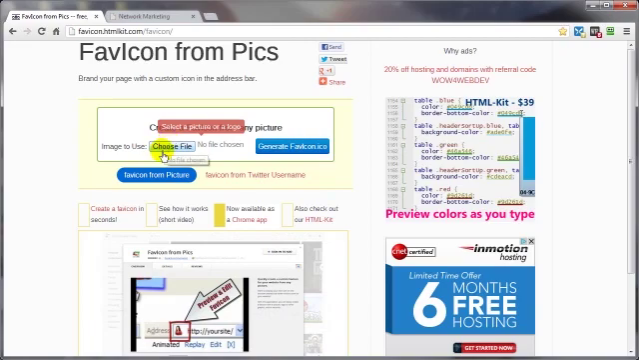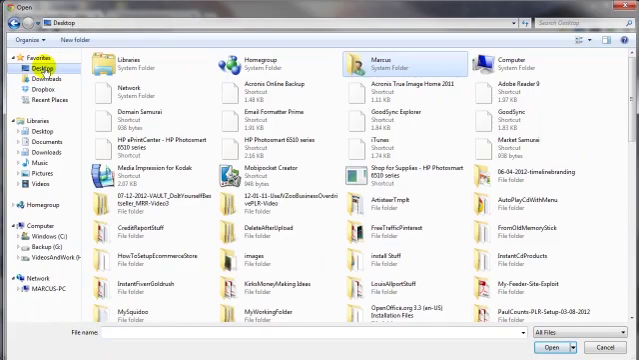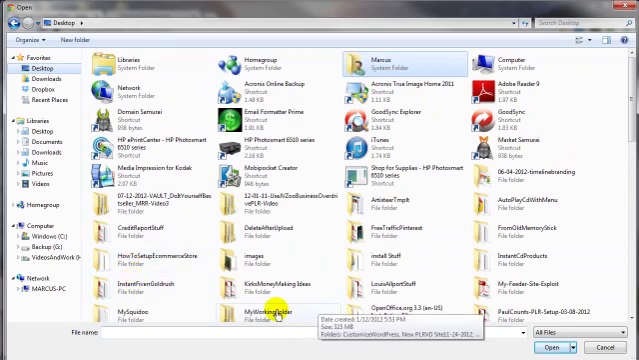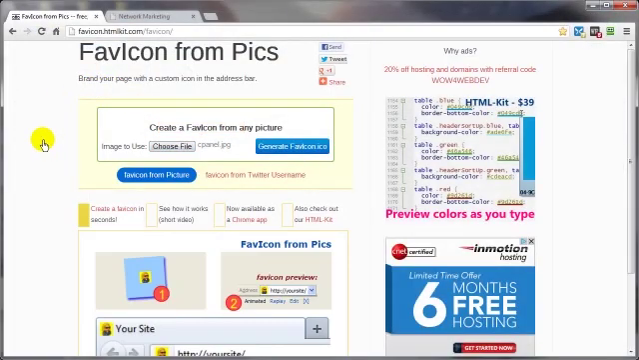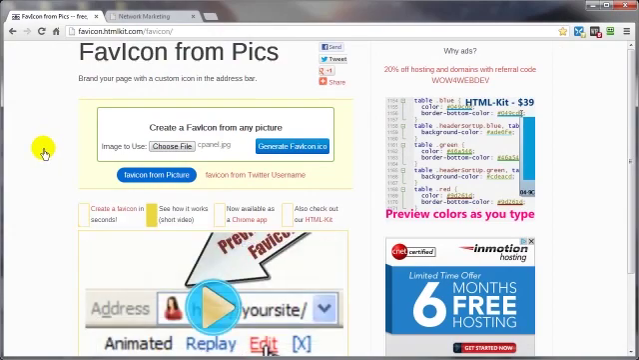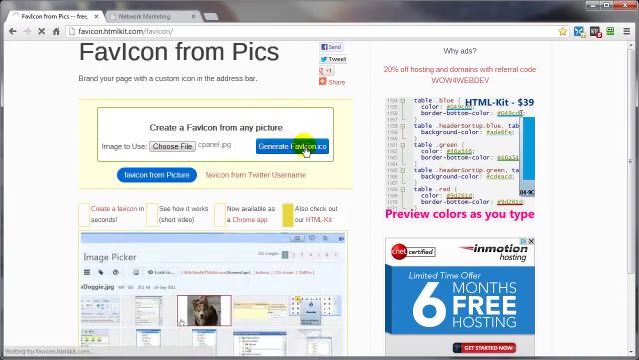So we want to first go over here to Choose File. And you want to navigate to the location of your image that you want to turn into your favicon. That's a pretty big image, by the way, but that's one thing you don't have to worry about because it's going to customize it and bring it down to size. So generate favicon ICO,